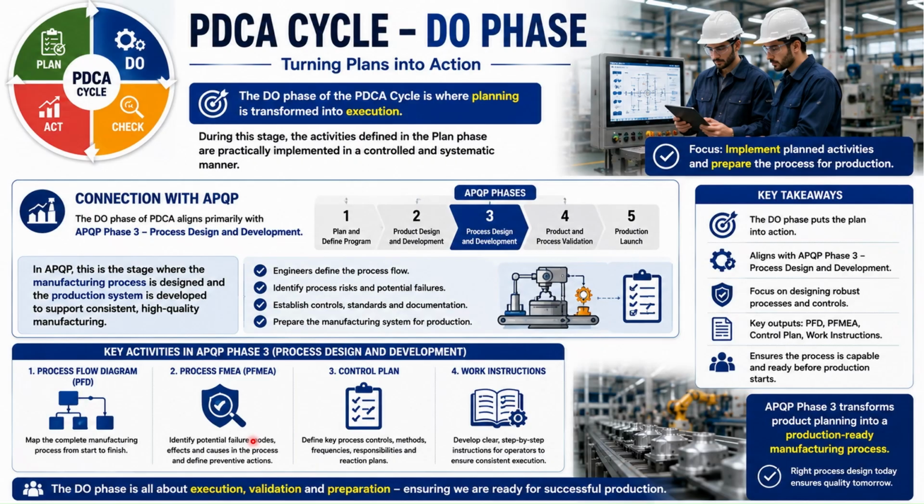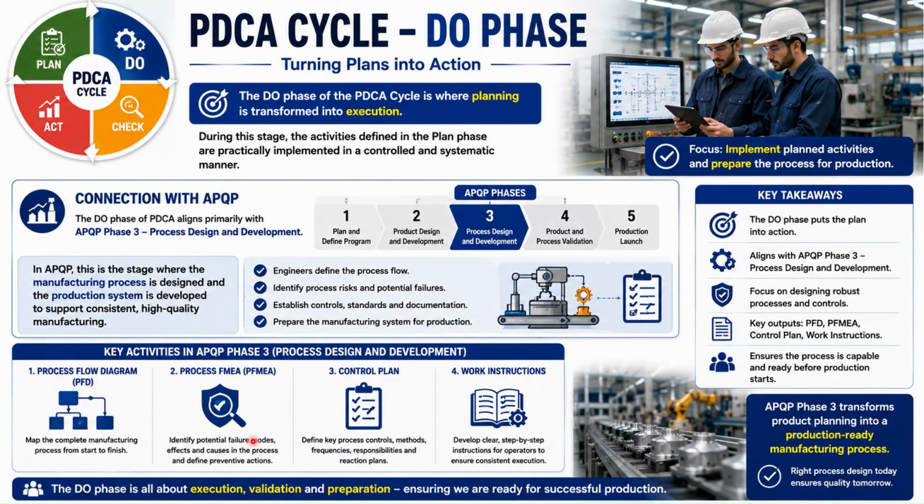The do phase of the PDCA cycle is where planning is transformed into execution. During this stage, the activities defined in the plan phase are put into practice through controlled implementation. Now, let's see how this stage connects with APQP. Within the Advanced Product Quality Planning (APQP) framework, the do phase of PDCA aligns primarily with Phase 3, Process Design